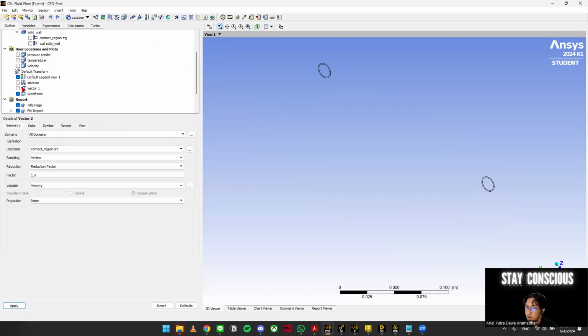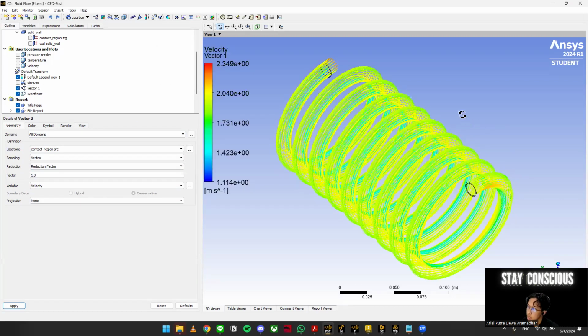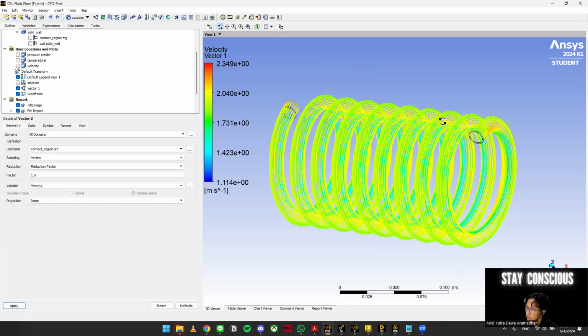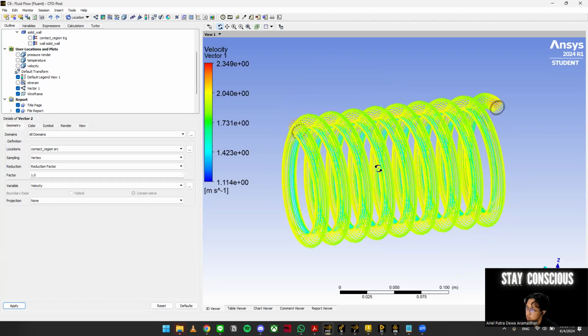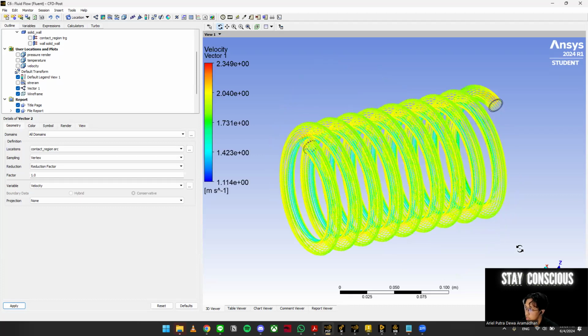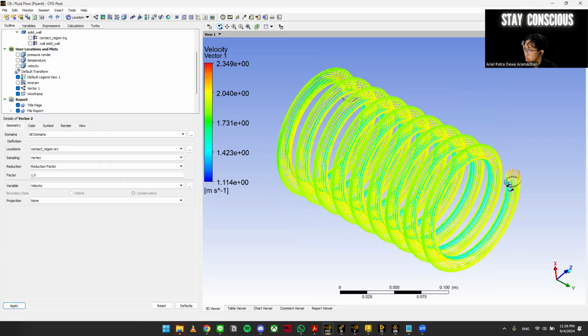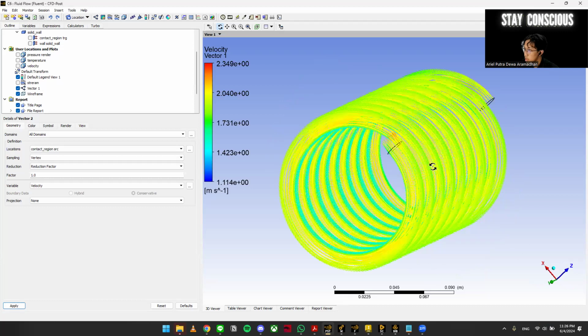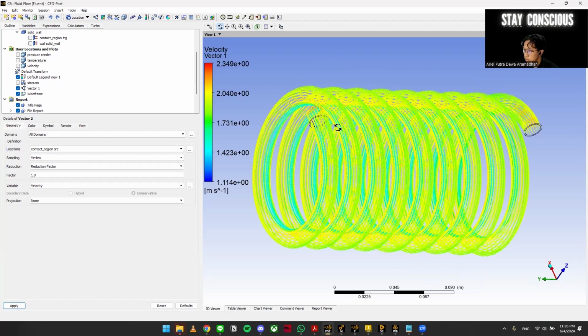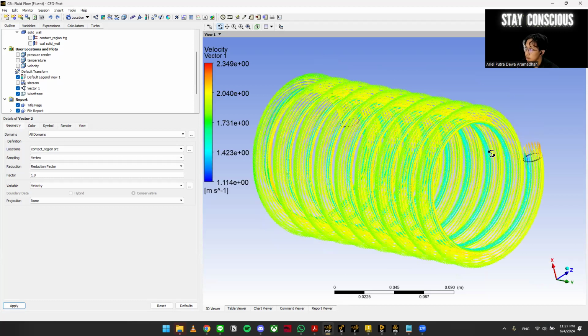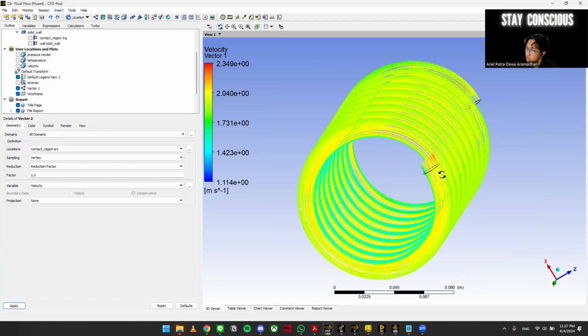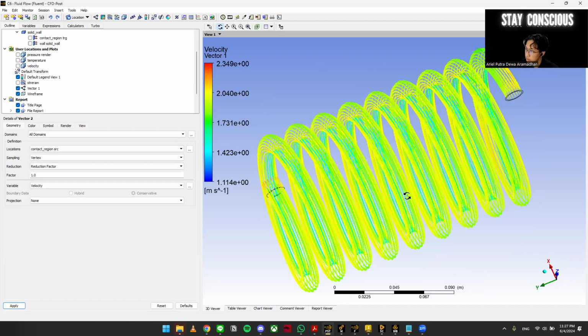If you want to see it, you can check the toolbox here. I have done it previously in vector 1. So this is the velocity going through the inside of the pipe. As you can see, inside of the pipe there is lesser velocity and more velocity on the outside of the pipe.